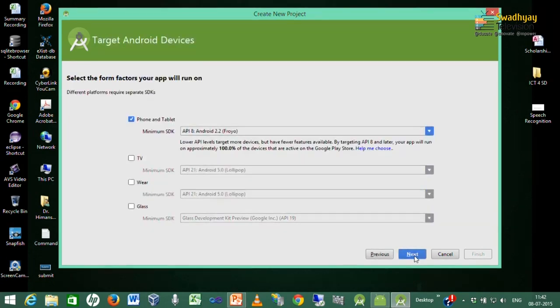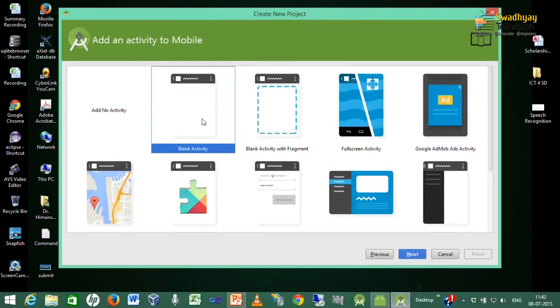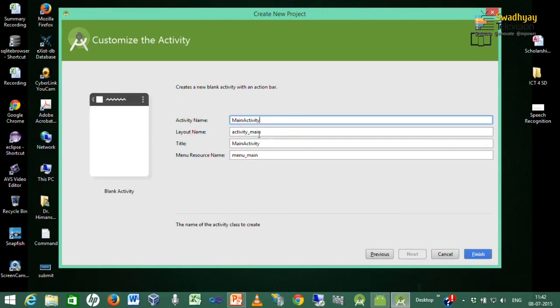We press next button. Here we select Android API 8 or Android 2.2 Froyo version and then press next. We always select blank activity and press next. Here our activity is color change activity, you can give name to activity.